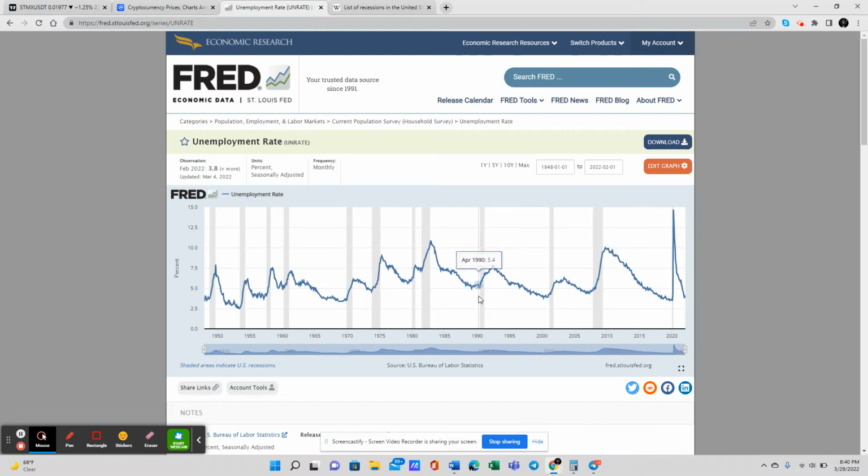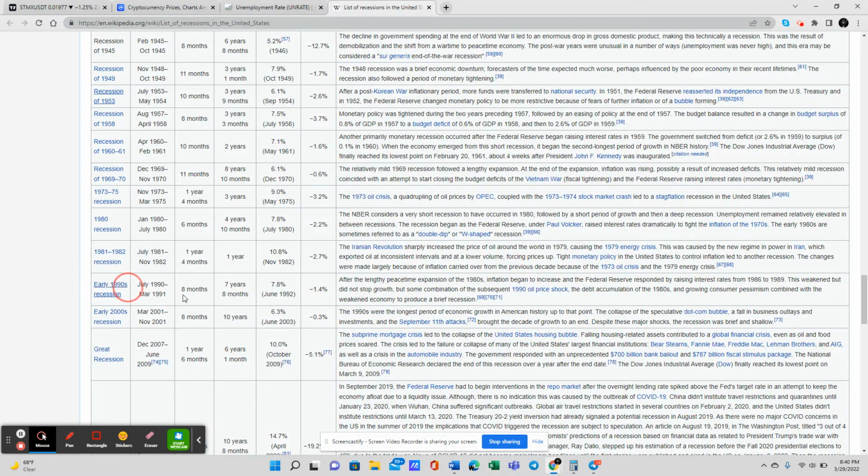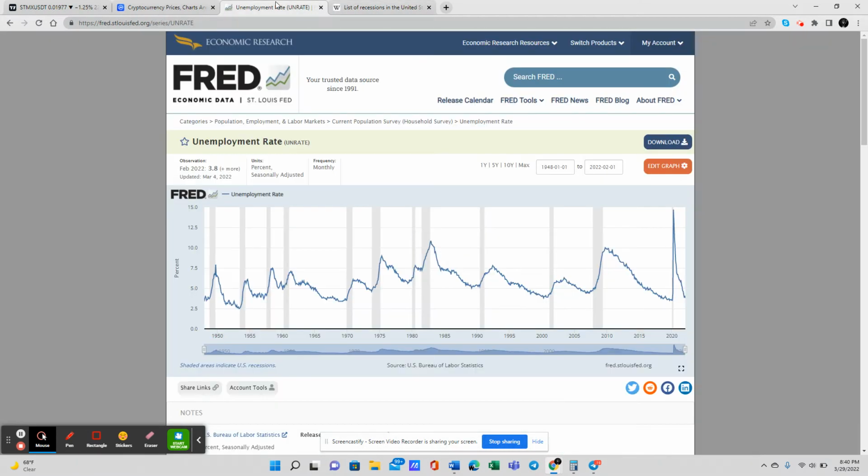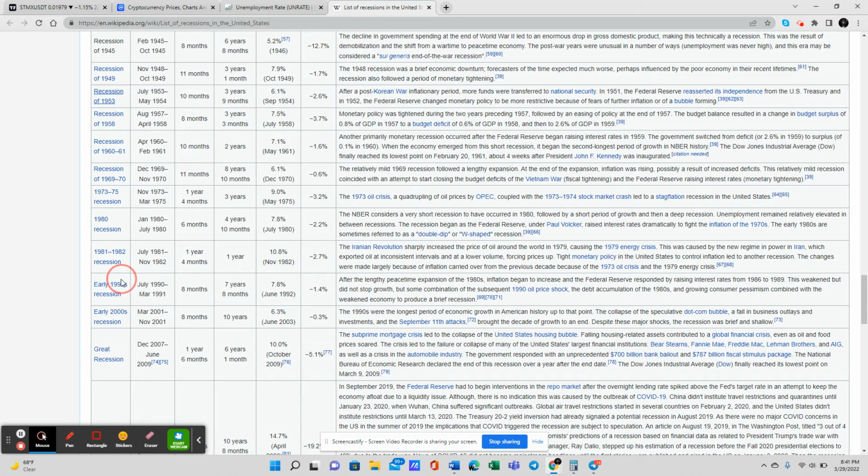We're down. And let's see how long that recession lasted. 8 months. So we just go on to the 90s. We're in 91. Look what's happening. By 92, we're up at the top. And then we're not going down, right? So after the early 90s, we're going on a 10-year run, guys. 10 years, basically, since that recession. So we're doing great, right?